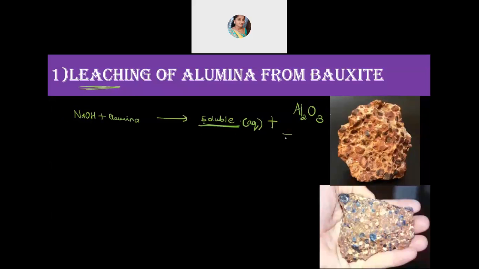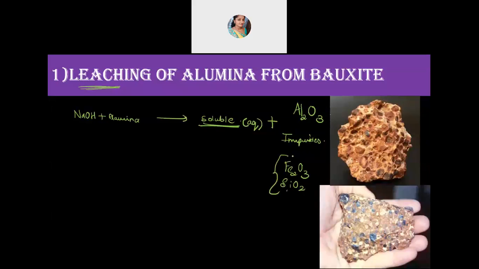Okay, so they will be insoluble. Whatever impurity is present, most of the time it is present in this bauxite ore. You can see it is red in color. That's because of the iron oxide present. Fe2O3 is present and silicon dioxides are present. These are the impurities. These impurities will stay there as a precipitate, or they will settle